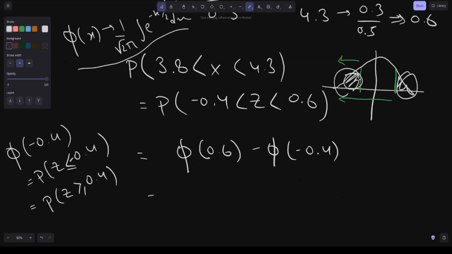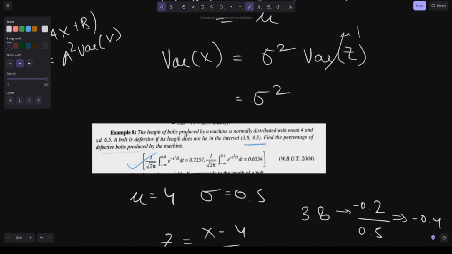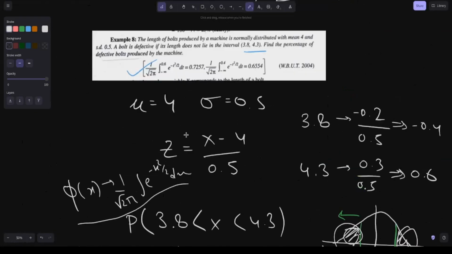It's the same thing. See the second integral: it is given from 0.4 to infinity, meaning this area, but we need this area. So 1 minus